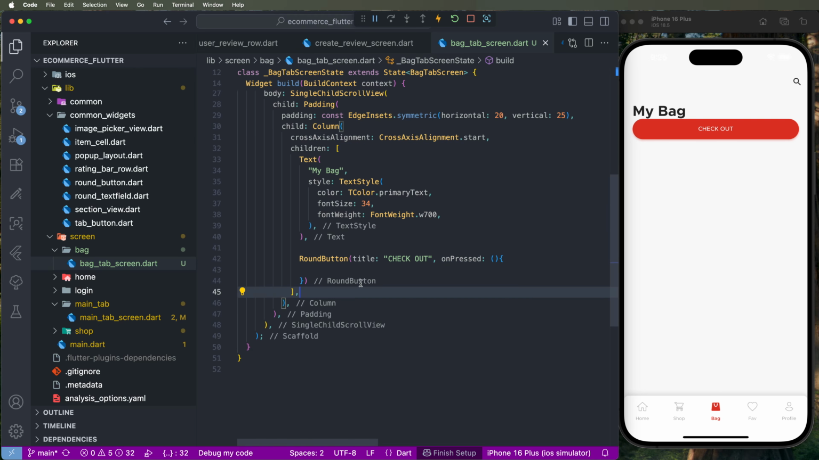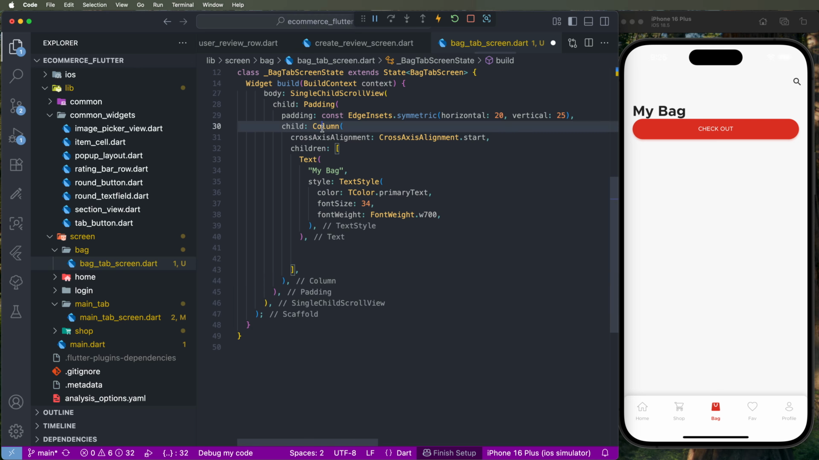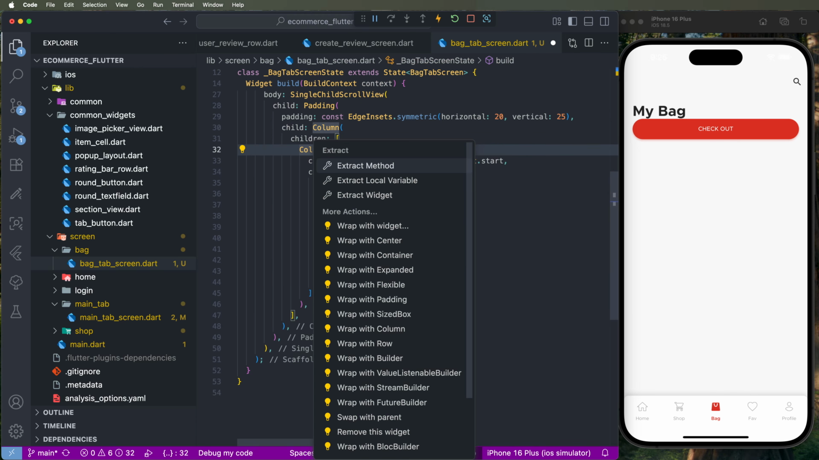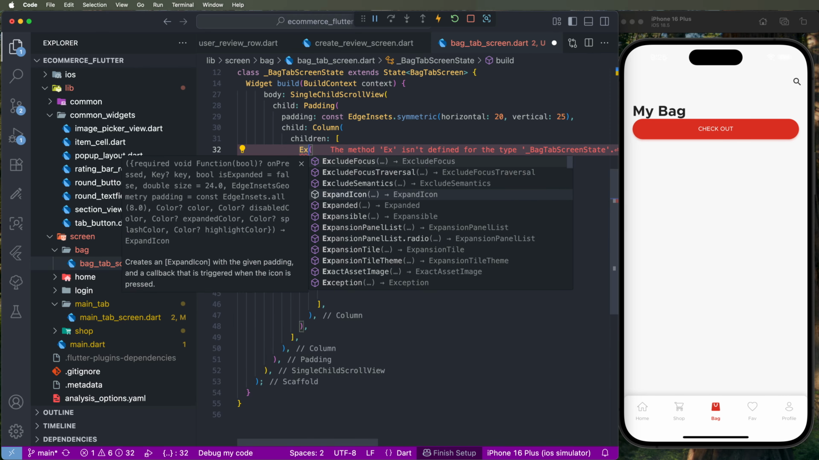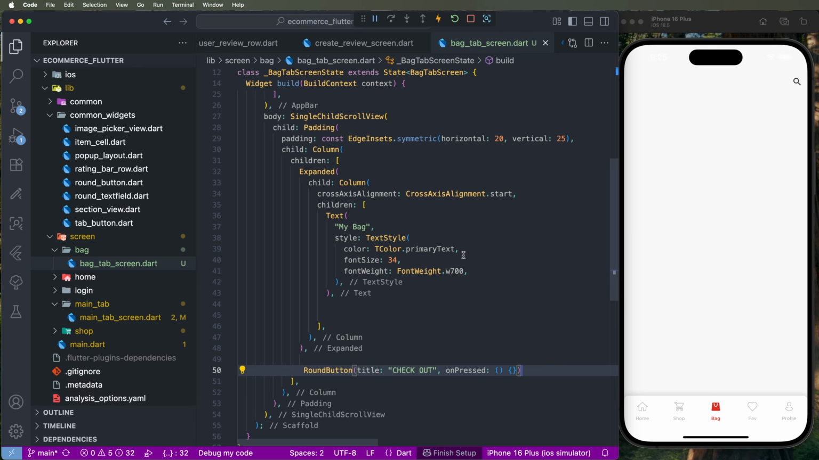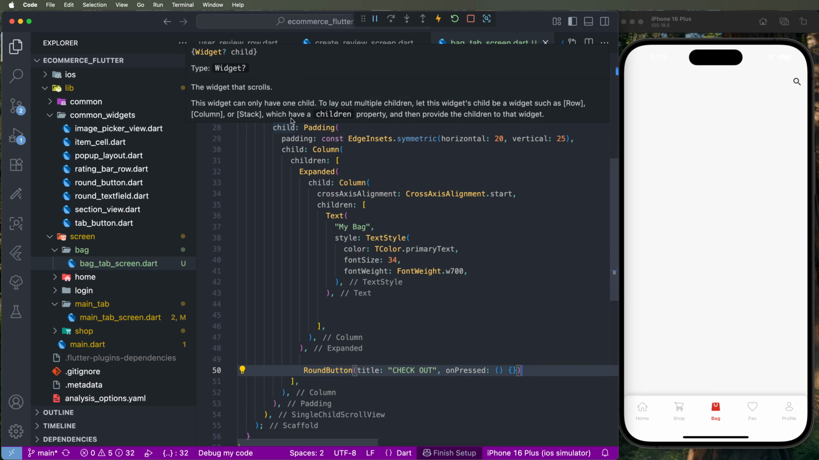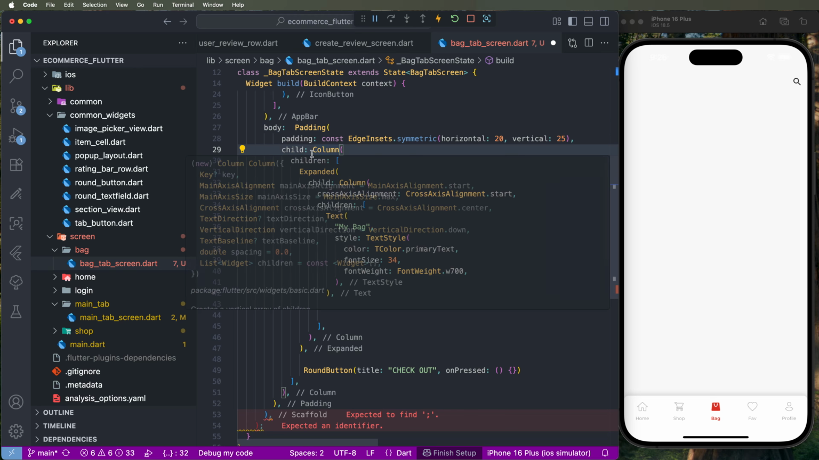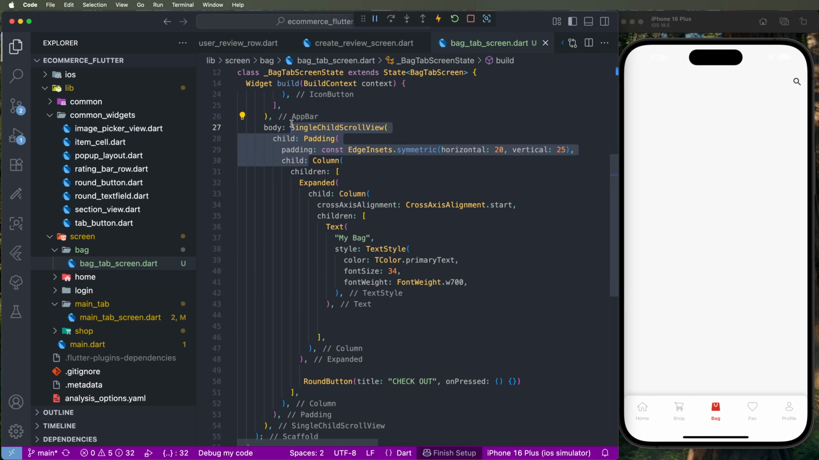Maybe need to set this outside of this. Expand, call another column, and call the tab, expanded, and paste this here, is good. Maybe make a mistake. Scroll view inside, we need to put this here. Scroll view with paddings. We need to cut here and